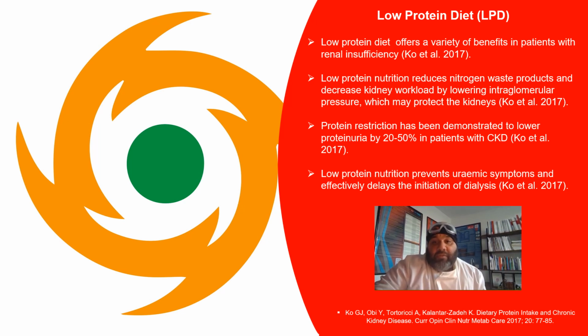At the same time, protein restriction has been demonstrated to lower proteinuria by between 20 to 50% in patients who are suspected or high risk for chronic kidney disease. And I say this quite loosely, because in particular forms of renal disease, those that I have mentioned, where the diagnosis is linked to protein leaking, protein restriction can be